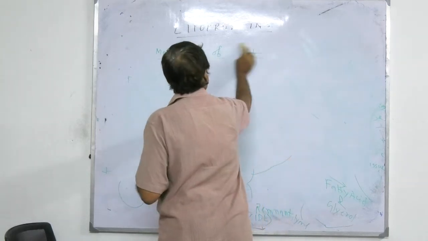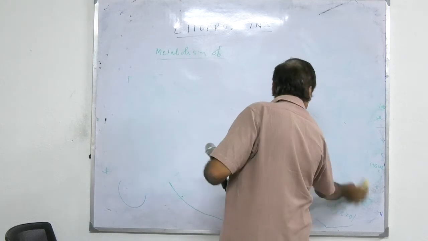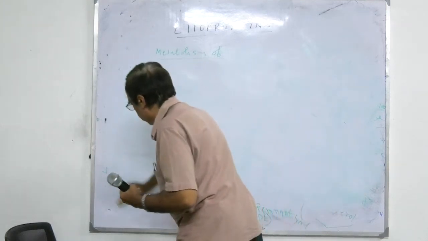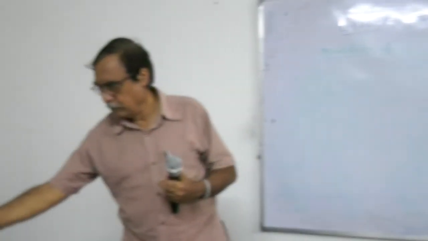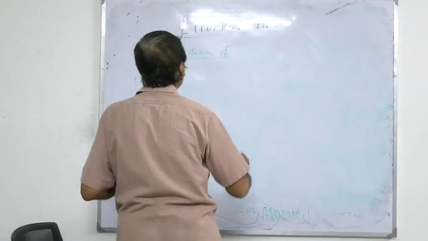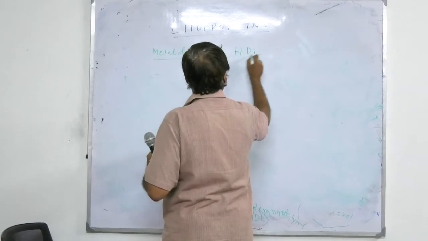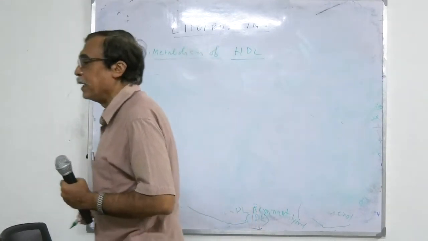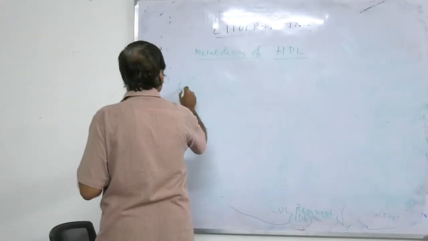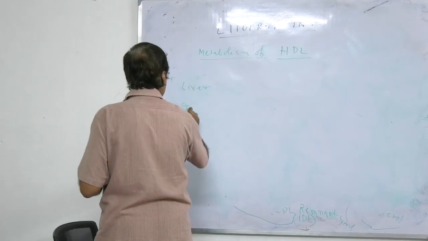এবার একটু HDLটা বলে দিই। HDLটা কীভাবে ফর্মেশন হয়? How HDL is formed? HDL ফর্ম হচ্ছে কিন্তু লিভার এবং ইন্টেস্টাইন দুটো জায়গায়। যেমন কাইলোমাইক্রন ইন্টেস্টাইনে ফর্ম হতো আর VLDL ফর্ম হতো শুধু লিভারে। HDL কিন্তু বোথ লিভার এবং ইন্টেস্টাইন দুটো জায়গাতেই ফর্ম করবে। ইট ক্যান হ্যাভ লিভার অরিজিন, আবার ইন্টেস্টাইন অরিজিনও হতে পারে,